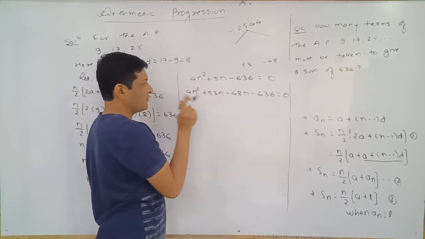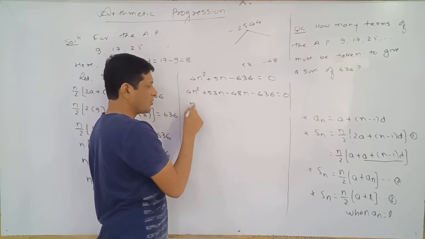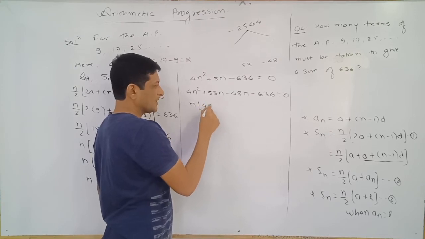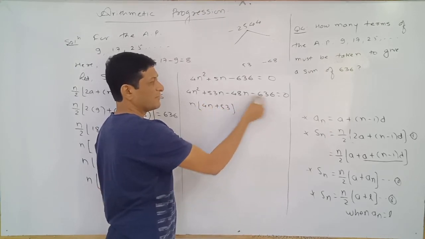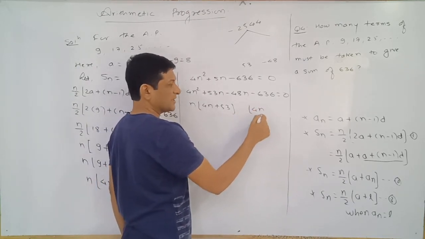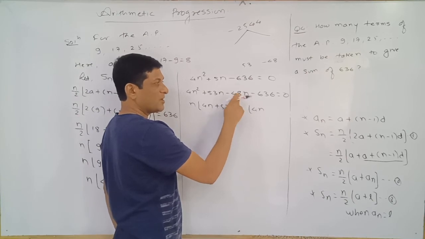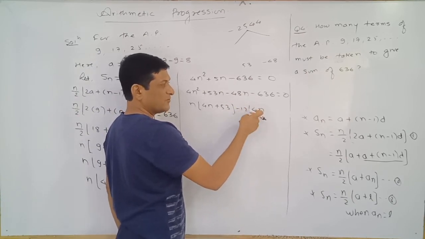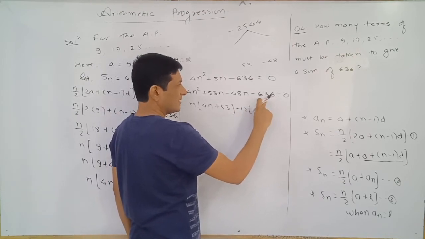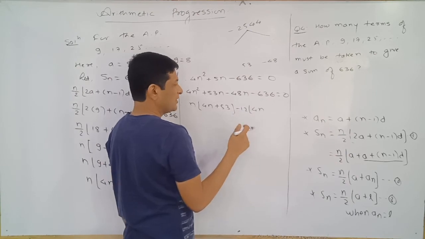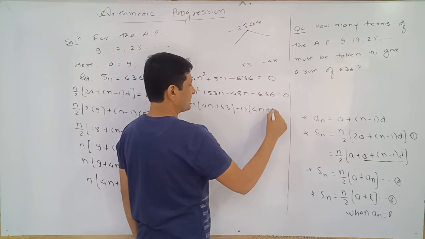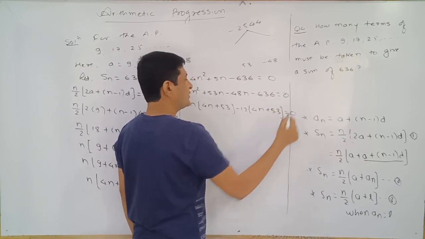Keep it as it is. From the first two terms, we are able to take n common. If we take n common, the remaining term is 4n plus 53. And from the last two terms, here we got 4n, so here also we should get 4n. So from the last two we have to take minus 12 common, so that 12 fours are 48. And if we take 12 common from this term, we will definitely get plus 53. On this side 0, keep it as it is.